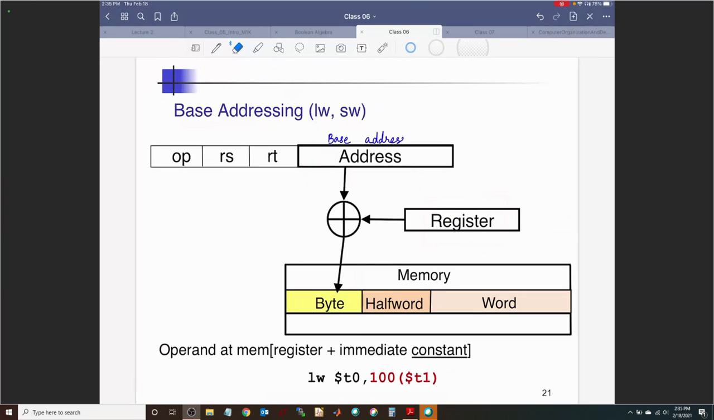Oh, no. So we are going to take the base address goes into the register. This is going to be our offset address. And this is where our base address goes,